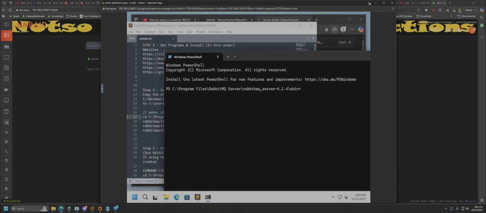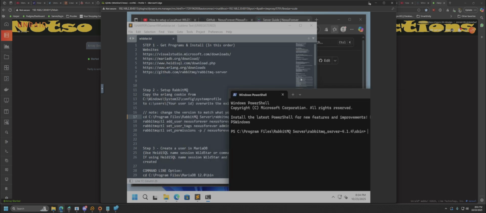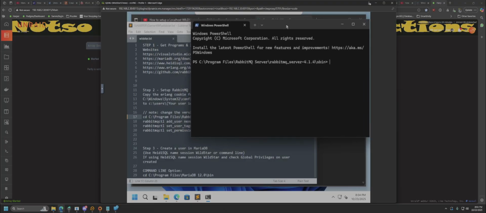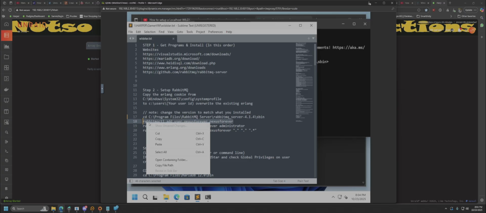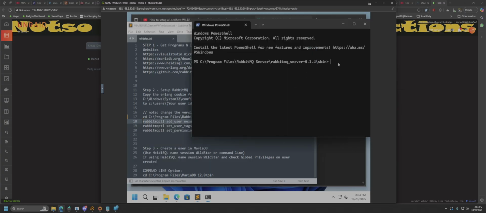And in this case, when you do the open in terminal, it's going to open a PowerShell. While PowerShell looks similar to a DOS prompt, it is not. We shouldn't have any problems with this, but there's a couple commands that you end up running where it won't run because it says it's not a recognized command. You have to treat it like Linux. You have to use the //